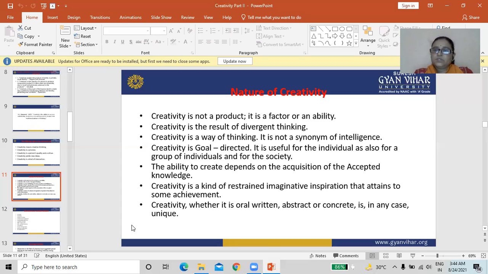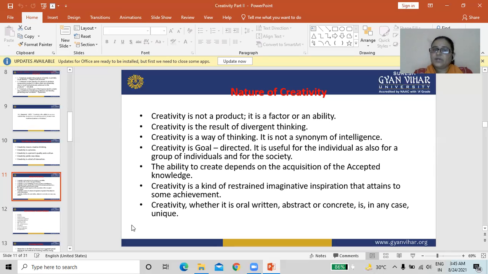So these are the nature of creativity. First, creativity is an ability. Creativity is diverse thinking. Creativity is a way of thinking.